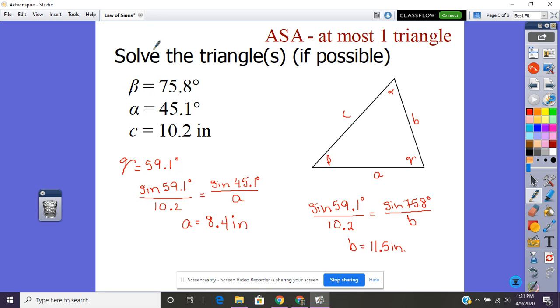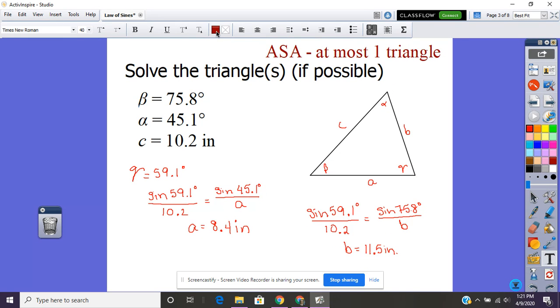Couple things that you can do to check yourself. Remember, our largest side is always across from our largest angle. Well, our largest angle is this angle beta. Well, is 11.5 our largest side? Yes, it is. So that works out perfect. All right, so our final answer on this one,